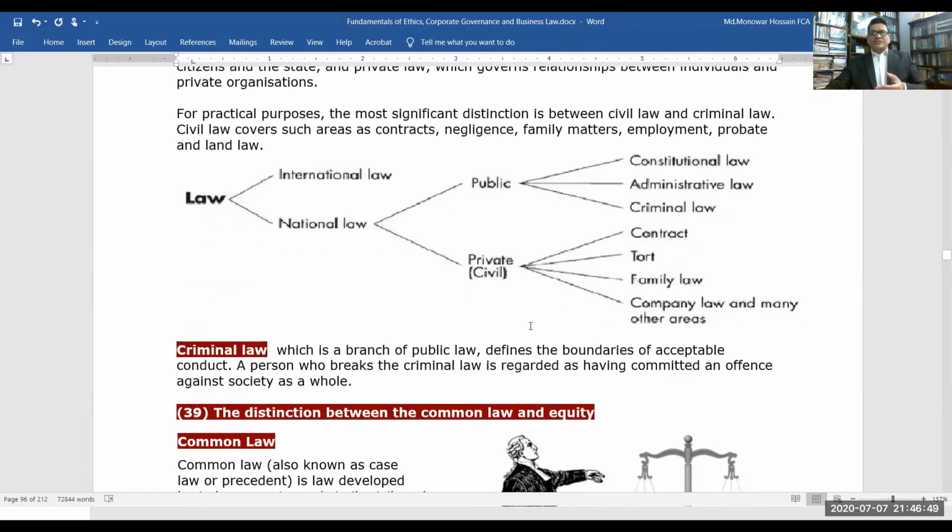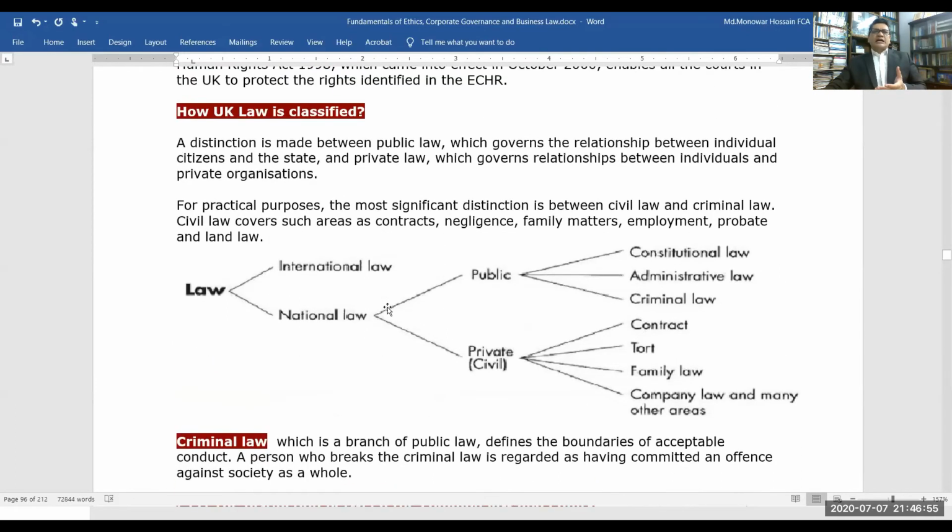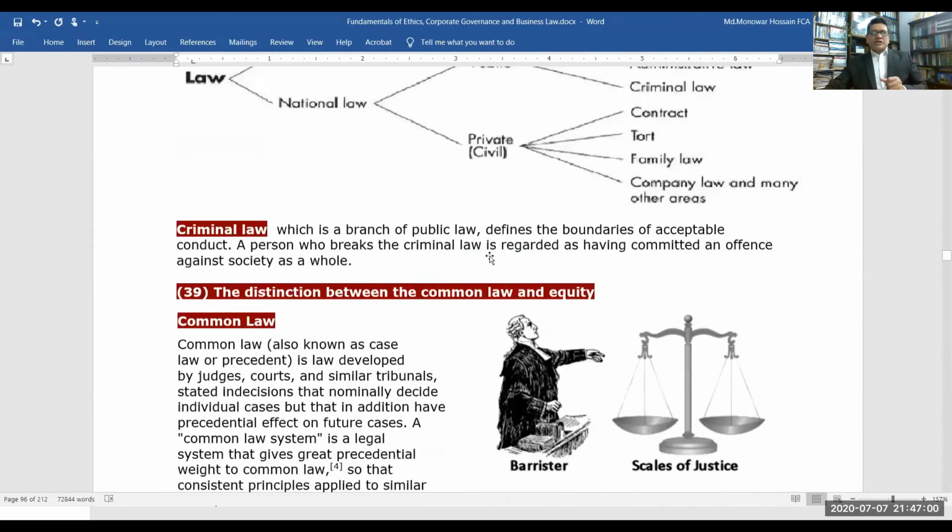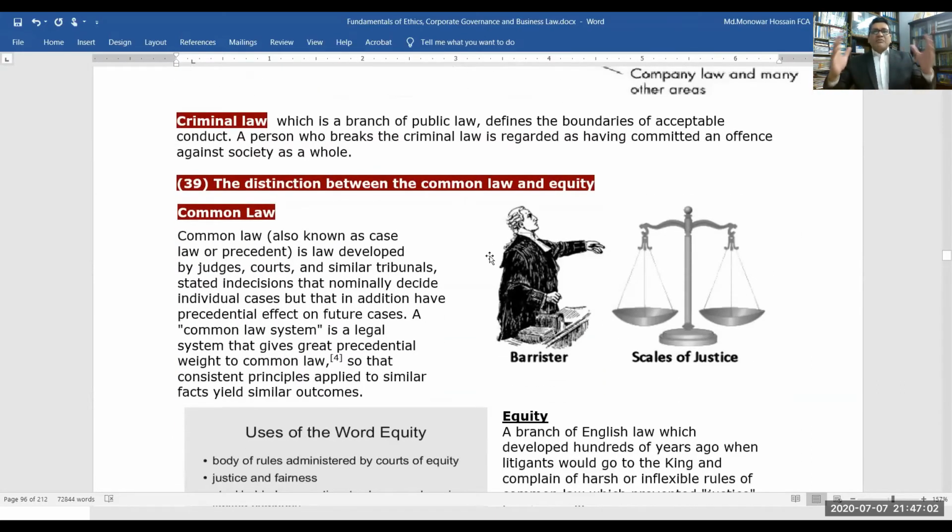And private or civil law is the contract, tort, family law, company law, and many others. So it is the UK law classification. You look at the picture here. So criminal law, which is a branch of the public law, defines the boundaries of acceptable conduct. A person who breaks the criminal law is regarded as having committed an offense against society as a